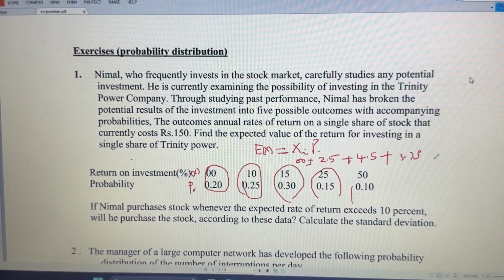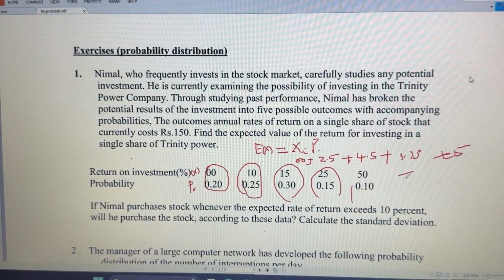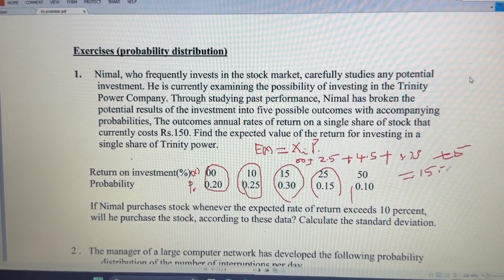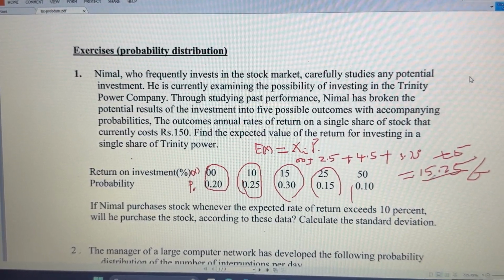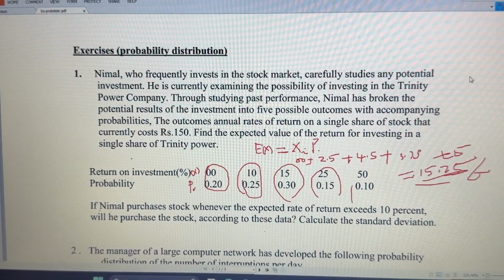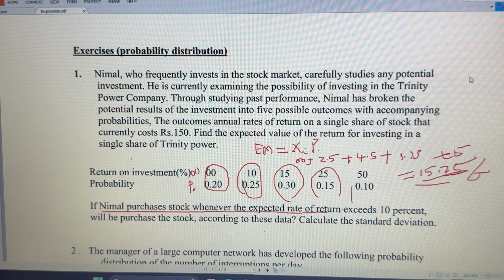Then here it is 5%. So that is equal to 15.75%. So this is the answer, the expected return. So you have to tell that if Nimal purchased stock whenever the expected rate of return